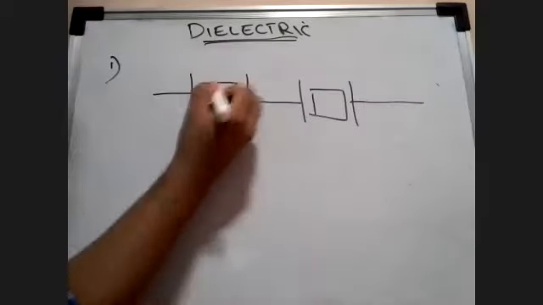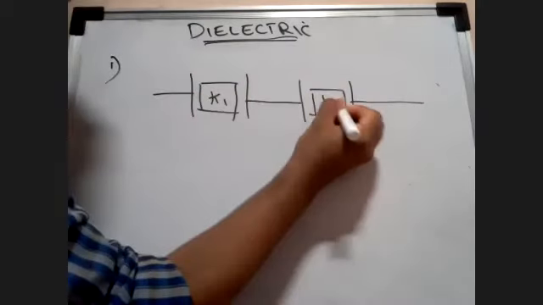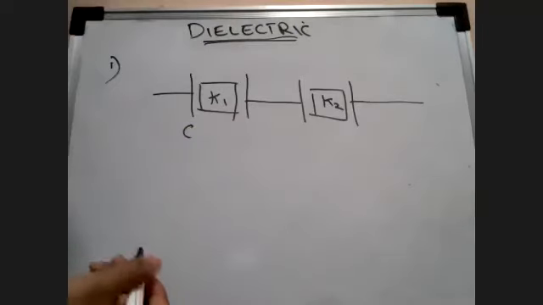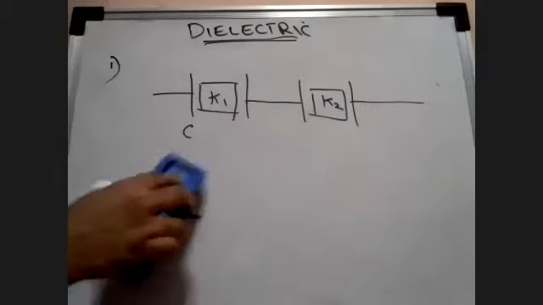And I say that this is K1, this is K2, and I'm saying that C1, yeah. Okay, let's not do this. Let's